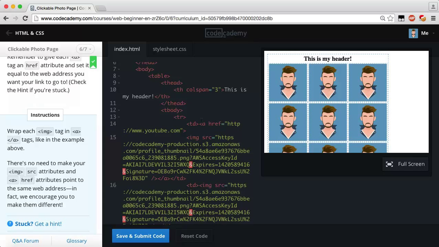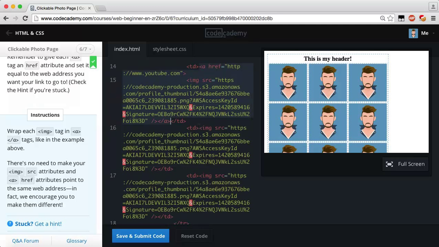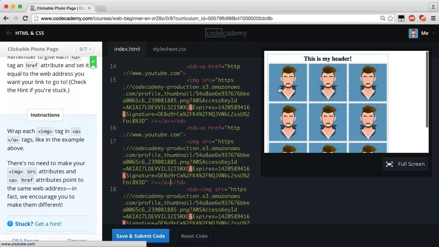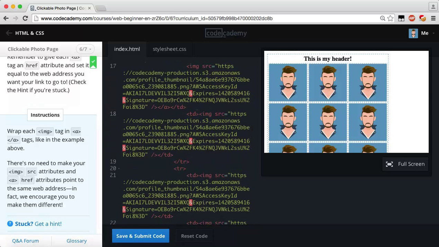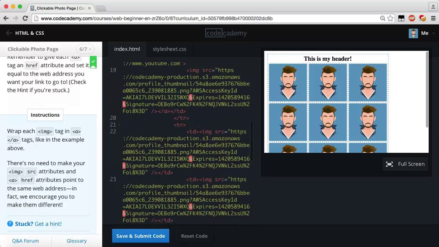And now what I'm going to do is copy all of my image, or really from anchor to anchor. I'm just going to recopy. And then I'm going to come down here and replace each of my images by copying and pasting again because I'm lazy. And so now, as you see, this one's clickable, and none of these are clickable. Not yet, at least. So just keep doing this if you're using the same image and the same